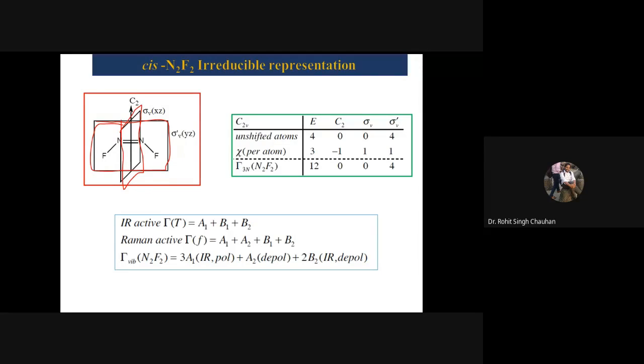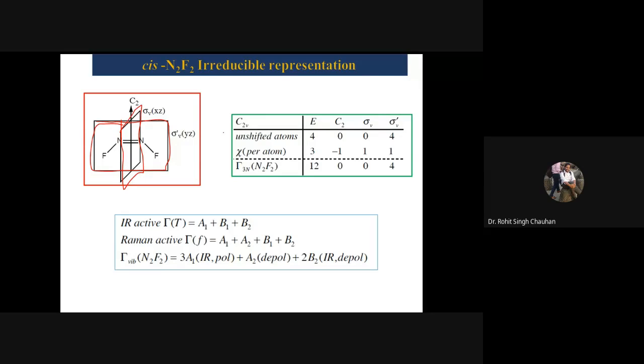One is E, another is C2, third one is sigma xz, and the fourth one is sigma yz. The same thing I have written: E, C2, sigma v, and sigma v dash. Sigma v dash is basically representing sigma yz, always remember. So now the first strategy we are going to apply is to find the irreducible representation by